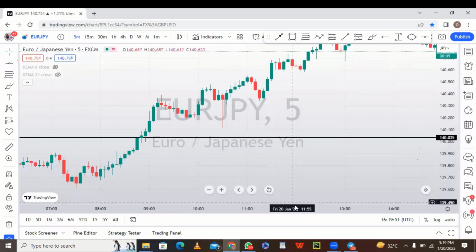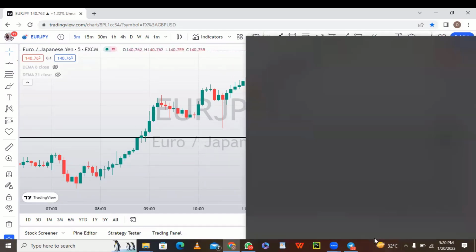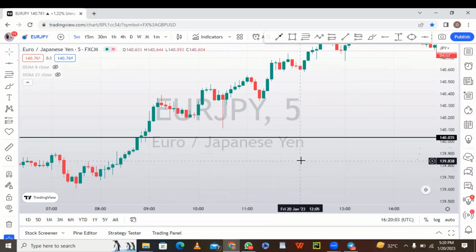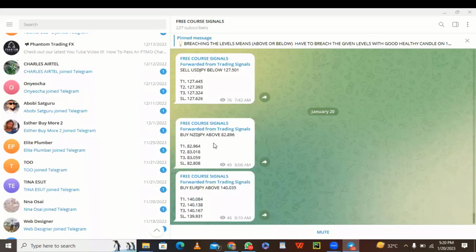And the next thing is you have to go and pick from your TP1 to 3. You choose any one. I've seen people asking what is T1, T2, and T3. I've tried my best to explain to them that those levels are actually take profit levels. Okay, so let me show you. We are talking about Euro JPY. We are given three levels: T1, T2, and T3. The T1, T2, and T3 simply mean take profit level 1, take profit level 2, take profit level 3. You can choose any of these levels to place your order.